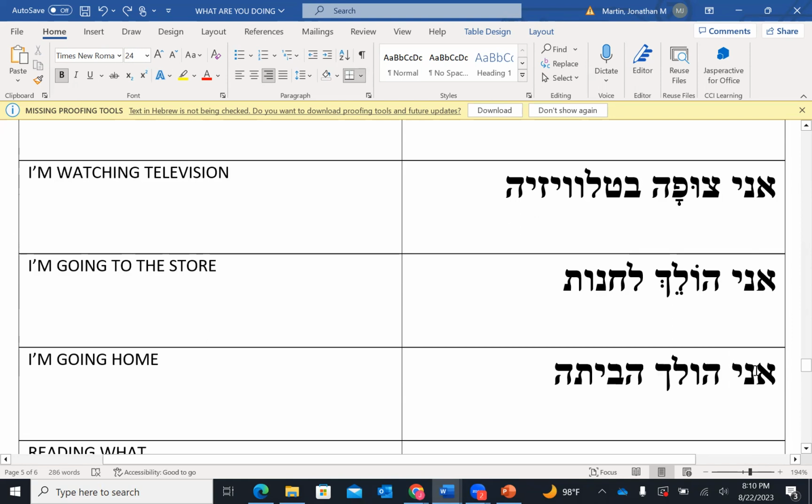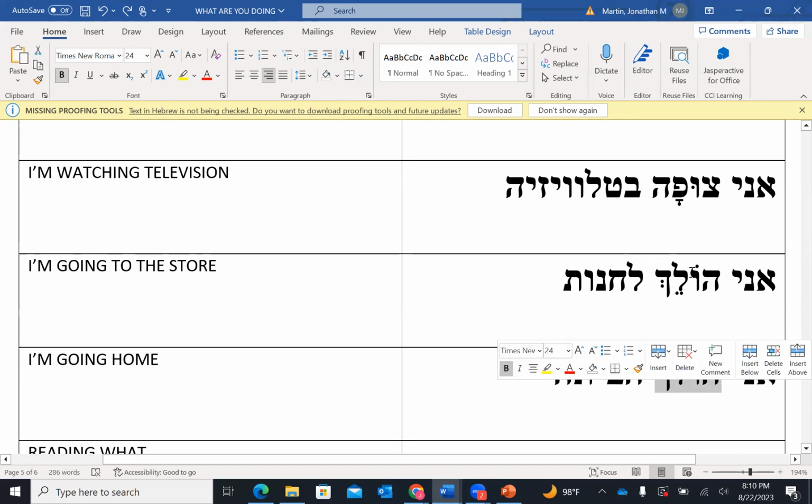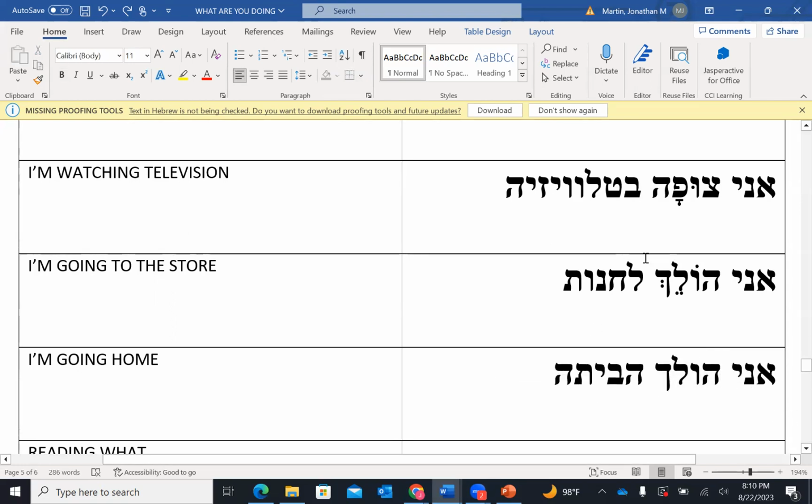Because remember, I told you in Israel, when you go to school from kindergarten to third grade, everything has a nikud, and then in fourth grade and fifth grade, they start to slowly wean you off of the nikud. So I'm doing it very subtly by not telling you that this is the same word. I want you to recognize that, oh, that was the same word from above, right? It makes it more difficult, but that difficulty you're having is necessary in order for you to start connecting those dots. You know what I'm saying? So that was a great observation that you made.